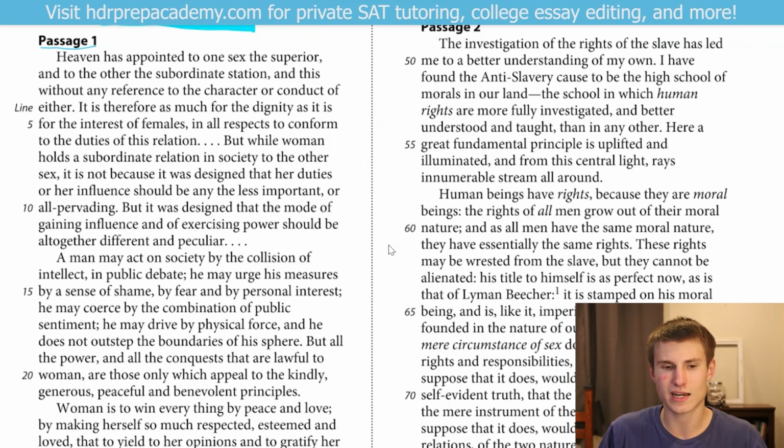A man may act on society by the collision of intellect in public debate. He may urge his measures by a sense of shame, by fear, and by personal interest. He may coerce by the combination of public sentiment. He may drive by physical force, and he does not outstep the boundaries of his sphere. But all the power and all the conquests that are lawful to women are those only which appeal to the